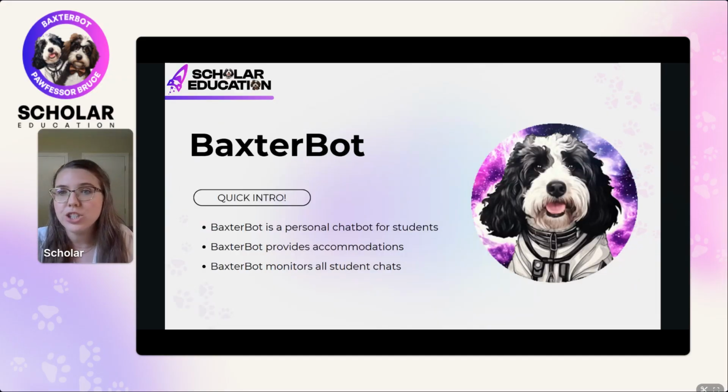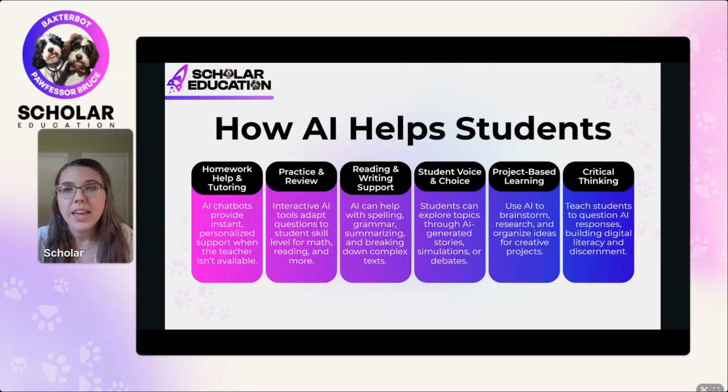Now, our BaxterBot is our student tutor. He not only is there to answer student questions, but he also provides accommodations and he is monitoring all that classroom interaction with him. In general, AI has the power to transform student support, not just academically, but in ways that build confidence and